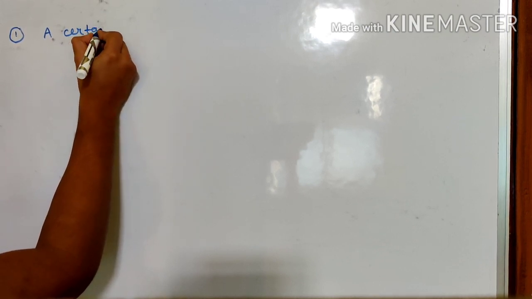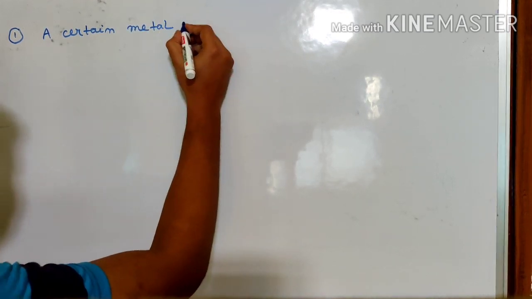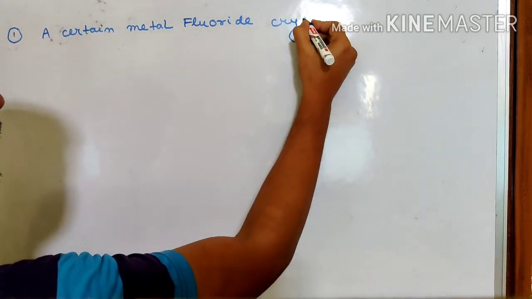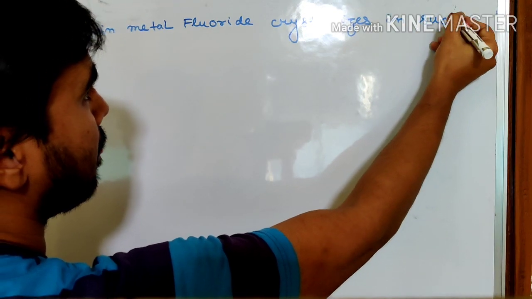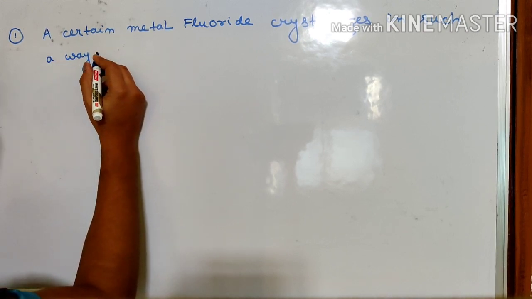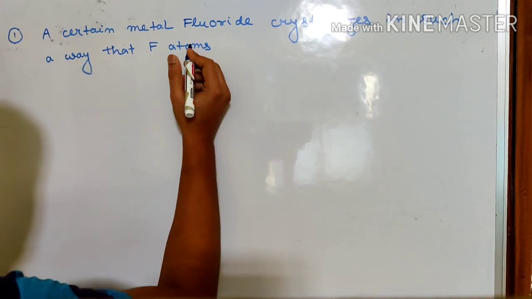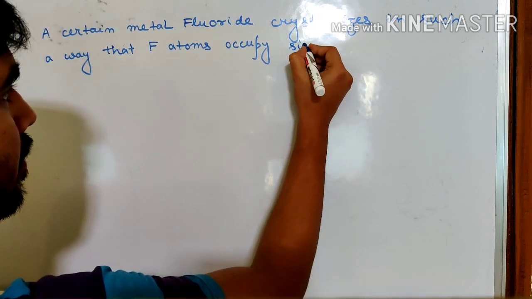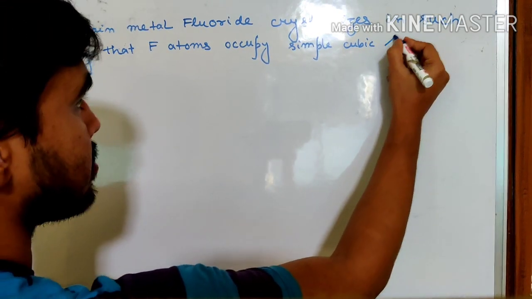A certain metal fluoride crystallizes in such a way that if atoms occupy simple cubic lattice